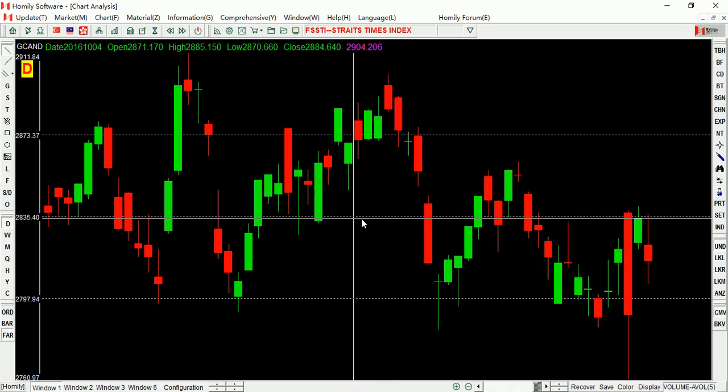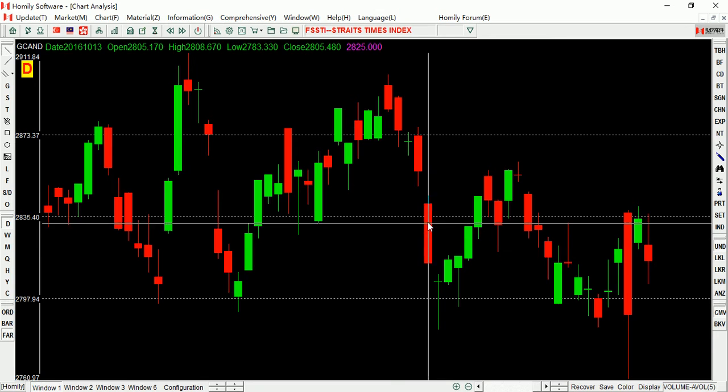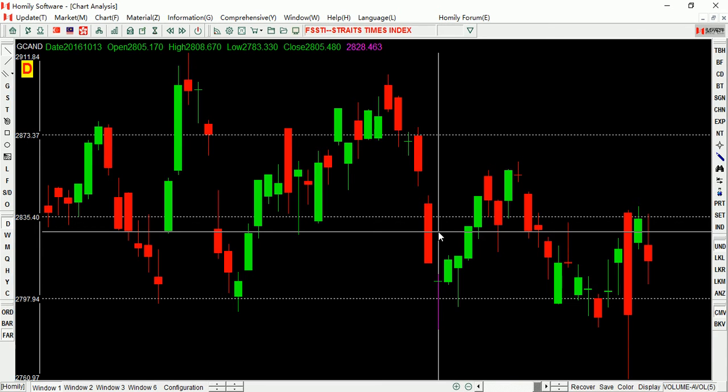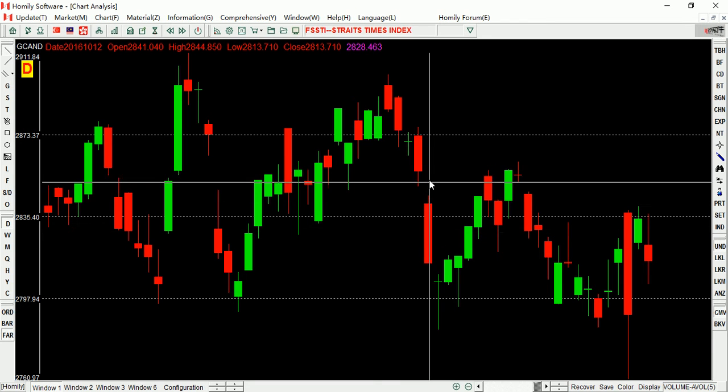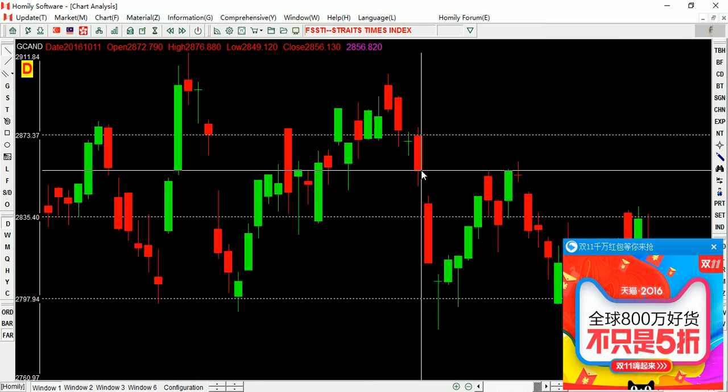Let's see this one. If you see two bearish candlesticks, then you should look at the next day. The close price should be higher than the second candlestick and lower than the first candlestick. Can you understand what I'm talking about? Maybe it's a little confusing, a little complicated. The meaning is that this is a bearish candlestick, and another one is also a bearish candlestick. So two bearish candlesticks, twin candlesticks, right?